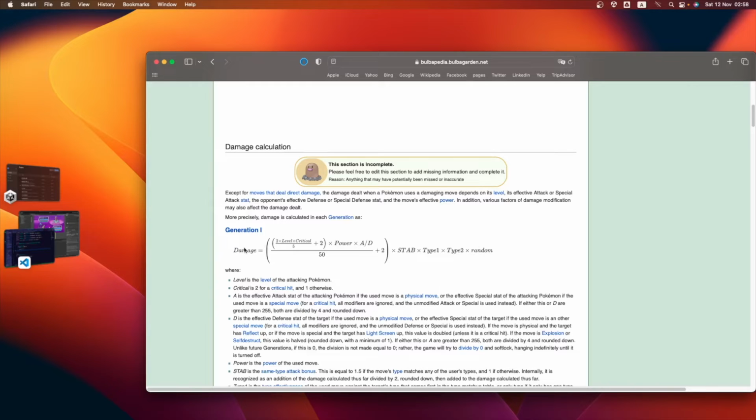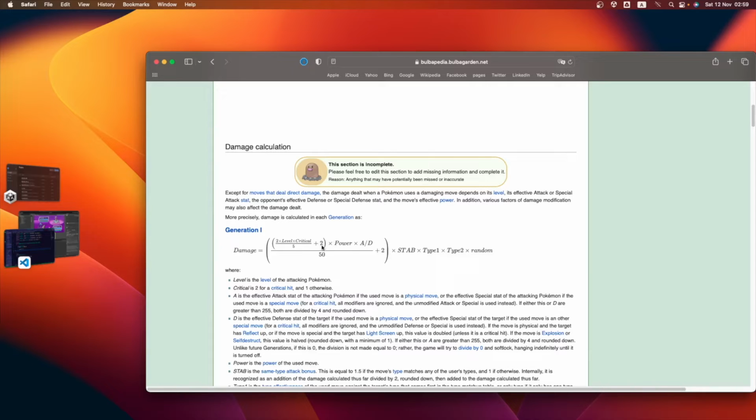Damage is gonna be the result of 2 times the level of the creature times the critical, which is the value we just created, and we get this result divided by 5 and plus 2.